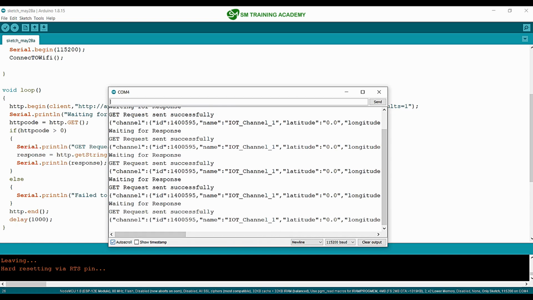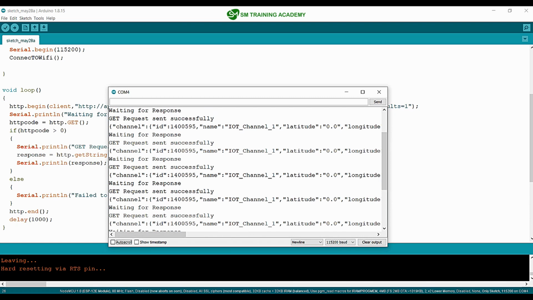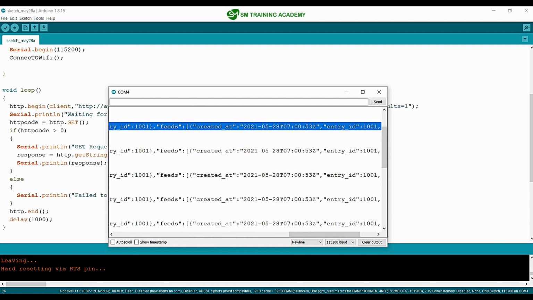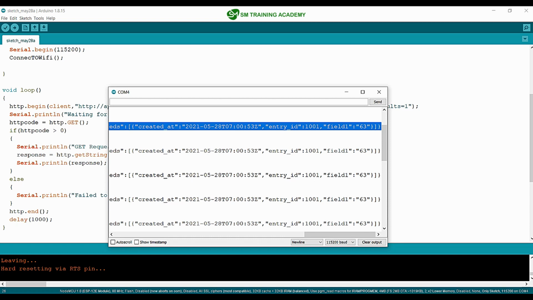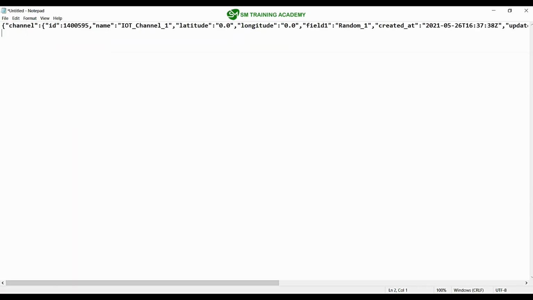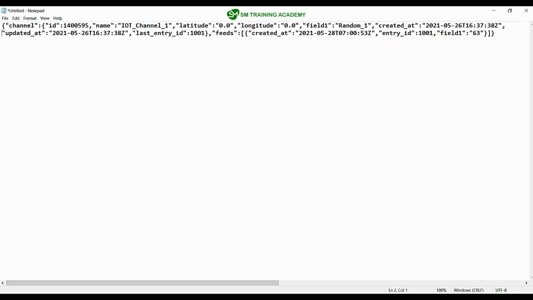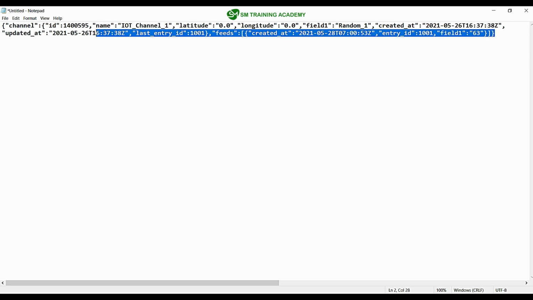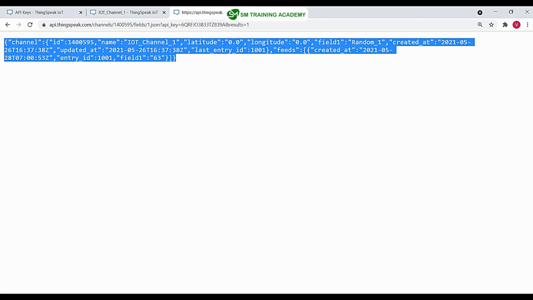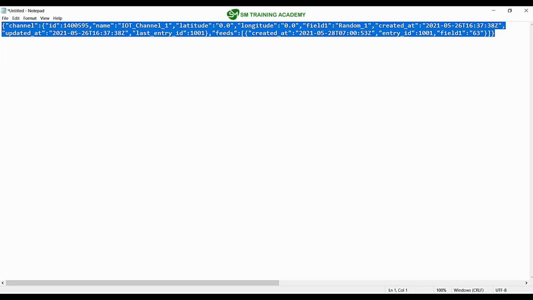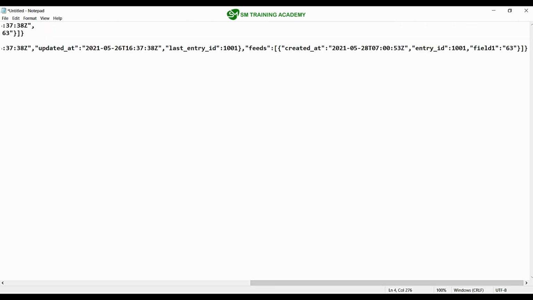I'm just unchecking this auto scroll to stop the scroll of this serial monitor. And you can see this is the response that I got. I'm just copying this and pasting it over here. So this is the response that I got from the NodeMCU every 1 second, and this is the response that I got in the web browser, right? So I'm just copying this and pasting it down over here,